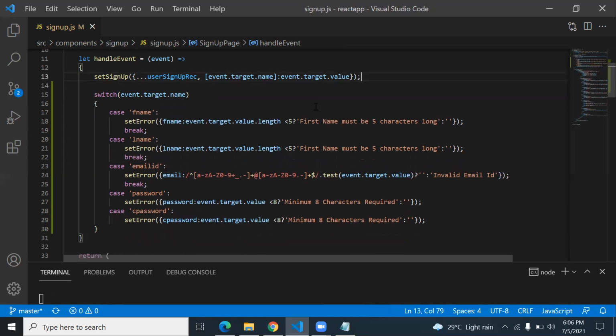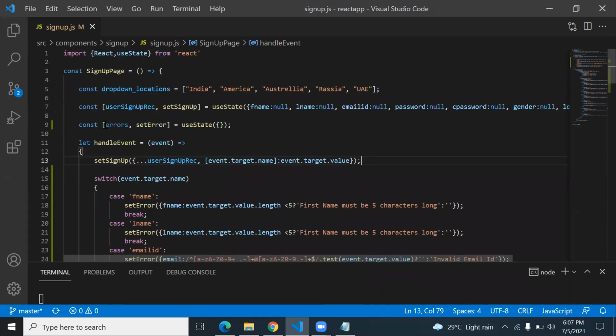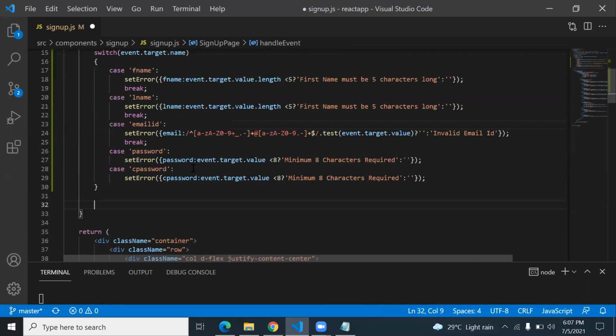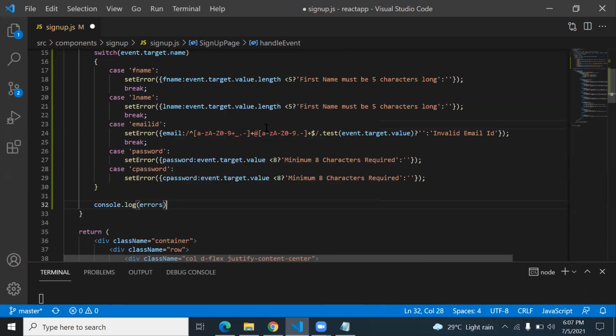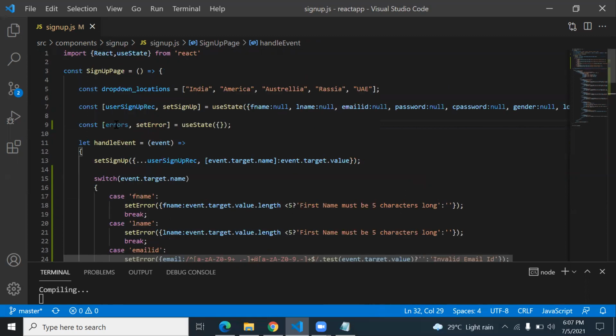Now if the state is a complete form without error, then only you go ahead. Otherwise we prompt the user that something is wrong in your code. So after this switch case, right now I'm using the console to show whether there is any error or not. So in log I print errors, which is the state variable, and now we will check the output of the program.